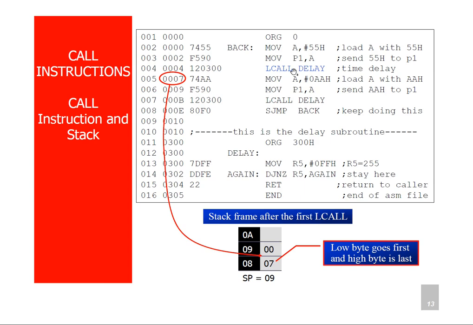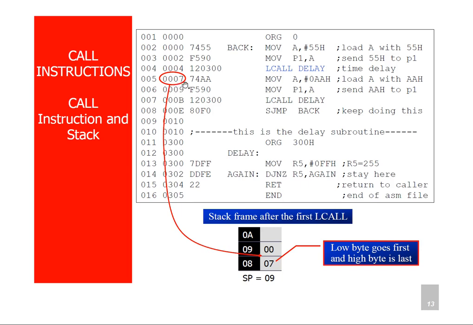So now we'll consider this LCALL delay instruction. We know that on the execution of this LCALL delay instruction, the processor or controller has to store the next instruction address onto the stack. In this case, MOV A, #0AAh. The address of this instruction is 0007.